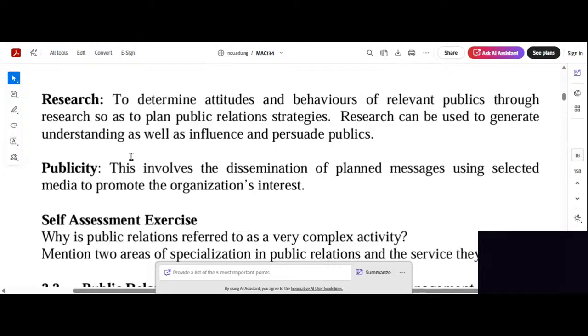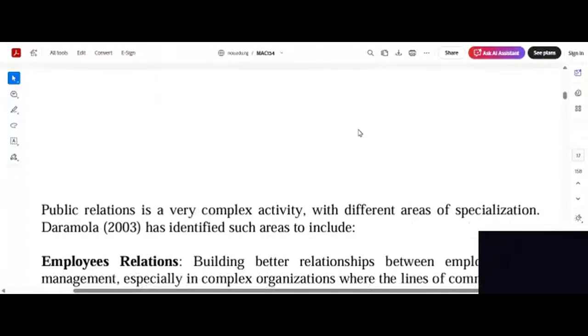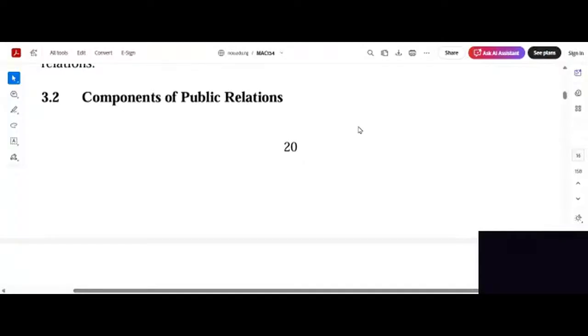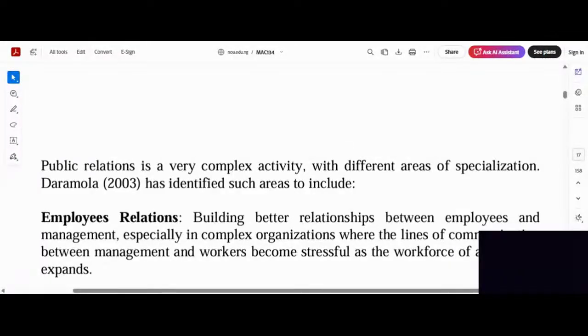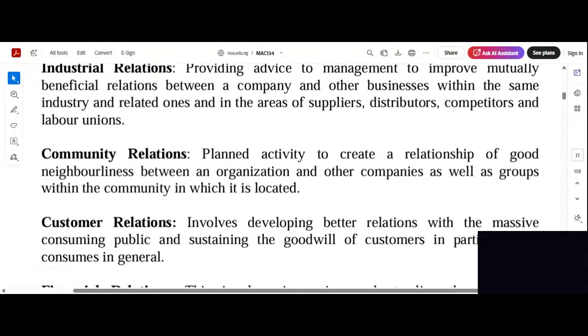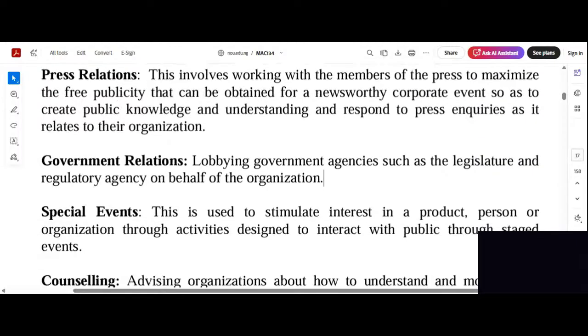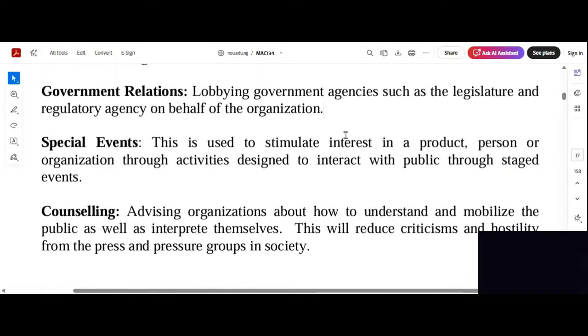Now, another thing public relations does is publicity. This involves the dissemination of planned messages using selected media to promote the organization. What we've done so far tonight, we are talking about the components of public relations, to help you know the areas of specialization of public relations. We have employee relations, customer relations, financial relations, press relations, government relations, special event, counseling,